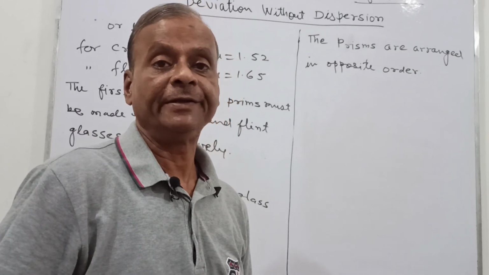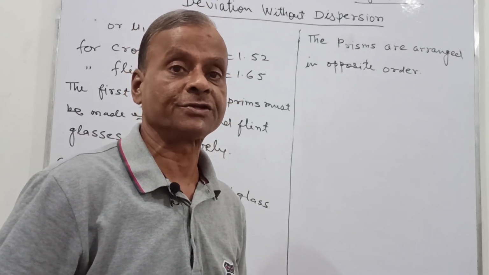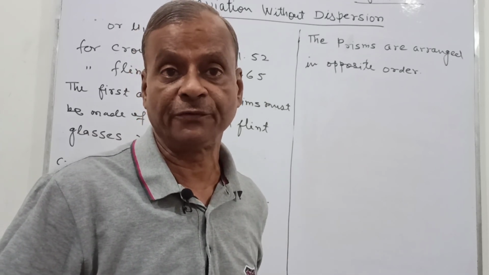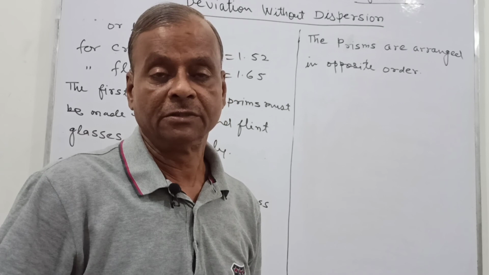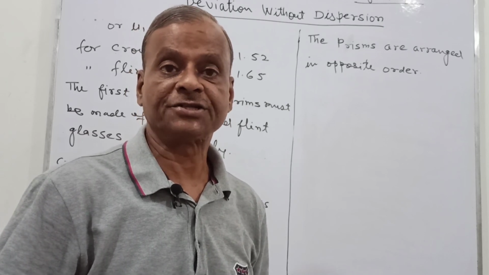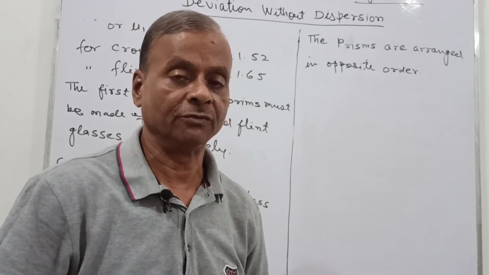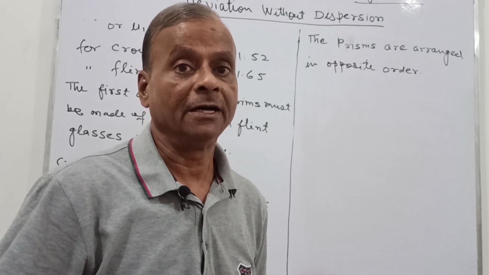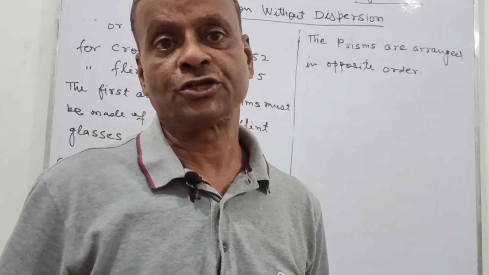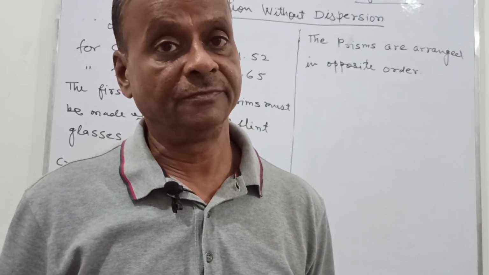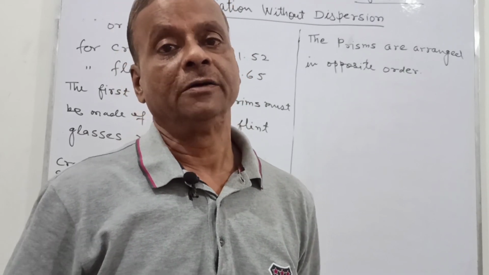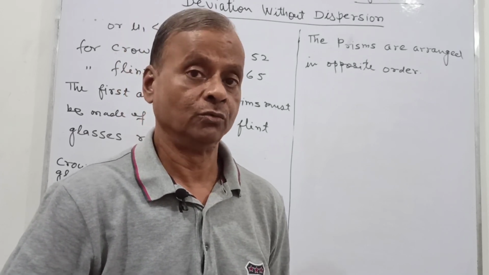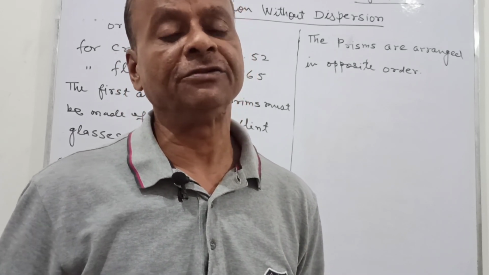So this is a very important one, and based on this phenomenon, the dispersion of light, there is a very wonderful natural phenomenon, that is the rainbow, and this rainbow I will tell you in the next video. The rainbow is again of two kinds, one the daytime rainbow or the solar rainbow, and second is the nighttime rainbow or the moon bow. So this I will tell you in the next video.